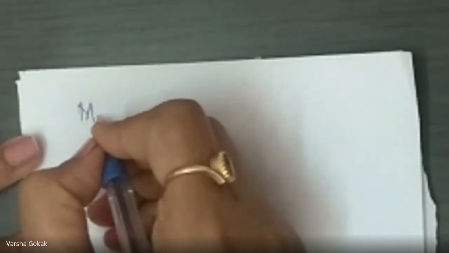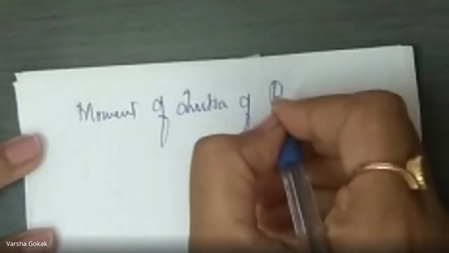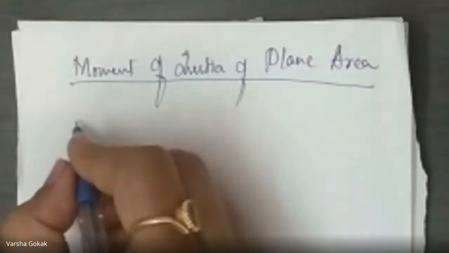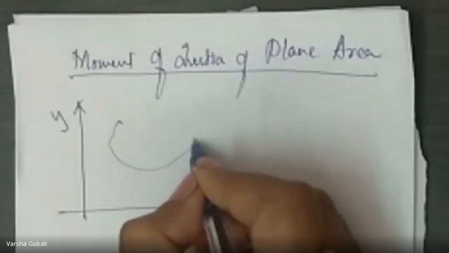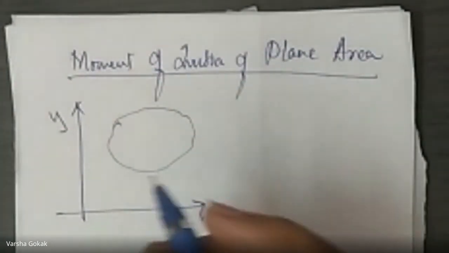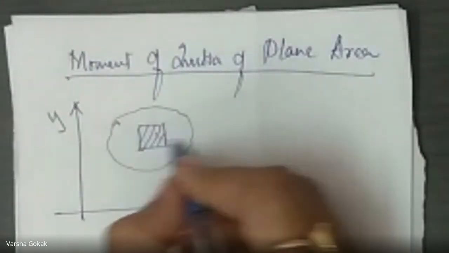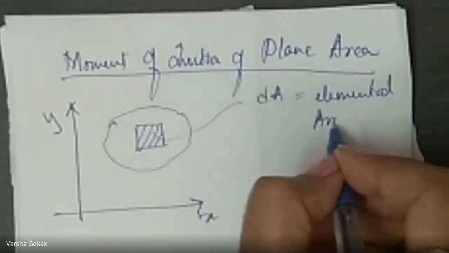Now as we had derived equations for CG, we'll have to derive here also. First, let us find the generalized formula for moment of inertia of a plane area. So the figure goes like this. We'll have, say, x and y axis. Consider x and y axis, and consider a particular rigid body. In that, let us consider an elemental area like this. So this is elemental area dA.